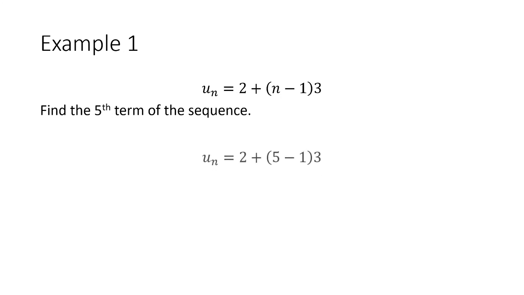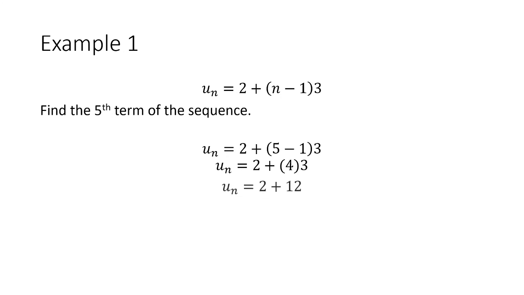So 2 is a and 3 is the difference. If we try to find the 5th term, we stick in 5 where n is, and then crunch the numbers down. So it equals 14. Now, if we look at that as an AP, or arithmetic progression, it goes 2, 5, 8, 11, 14, 17, 20. The 5th term of that sequence is